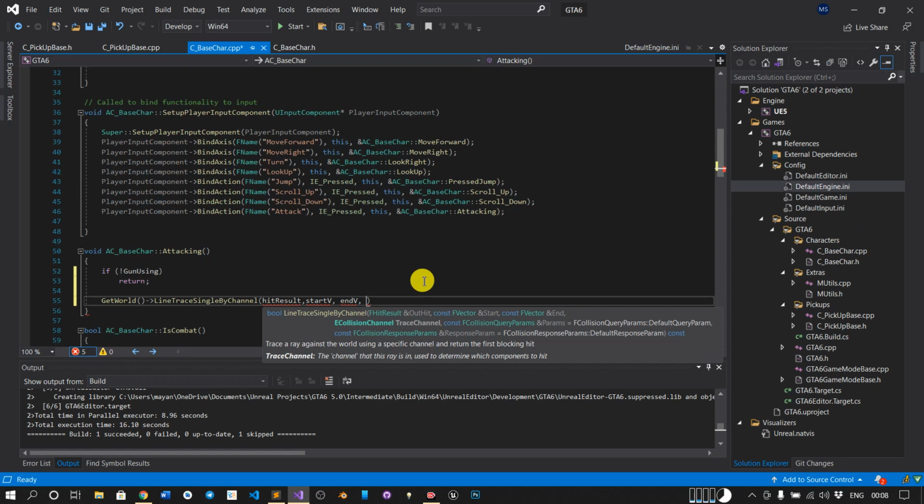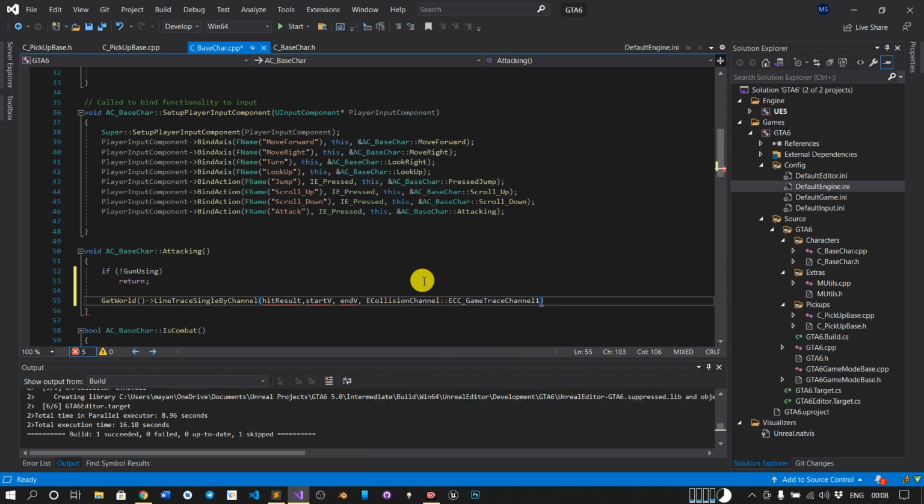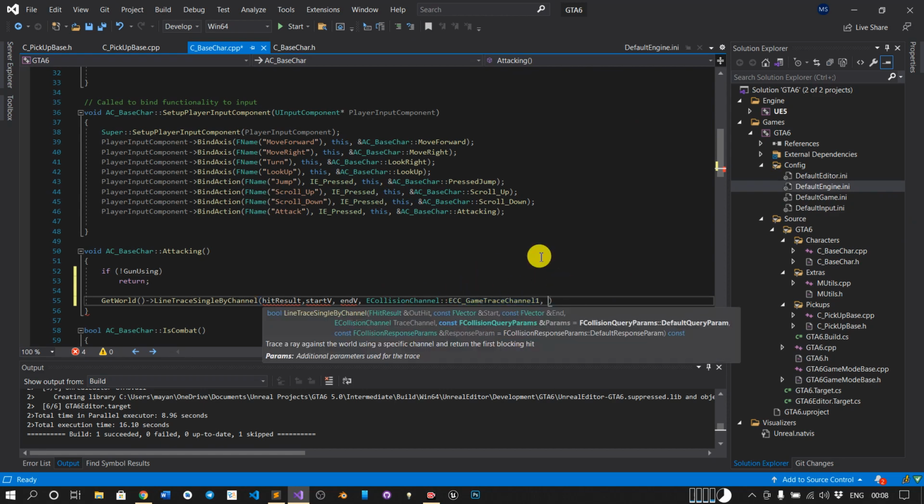It was ECollisionChannel::, and just enter this trace channel. If you create further trace channels, then you have to go to DefaultEngine and you can check what the corresponding trace channel the engine has created for you.